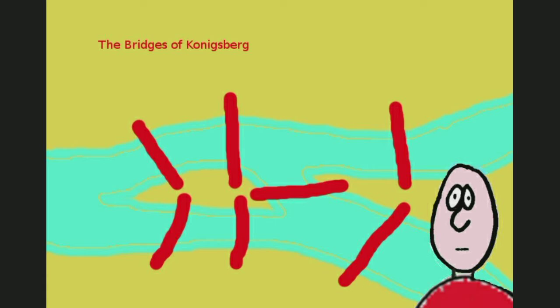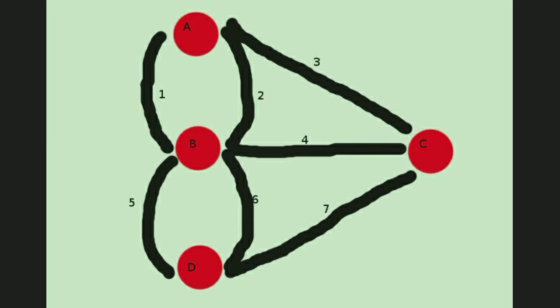Here we have a picture of our bridges again, but let's put some letters and numbers on there to make it a little bit easier for us to have a look at later on when we open up our Euler paths. For each landmass, each bridge has a letter or a number. That makes it a little bit easier. Here we have the bridges and lands as vertices, edges and degrees, which matches from the picture just before. This shows that there are 4 lots of odd degrees being at every vertice,